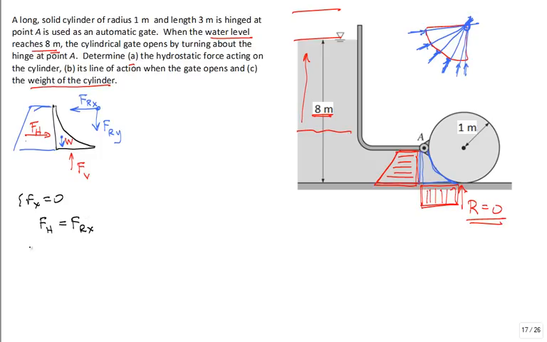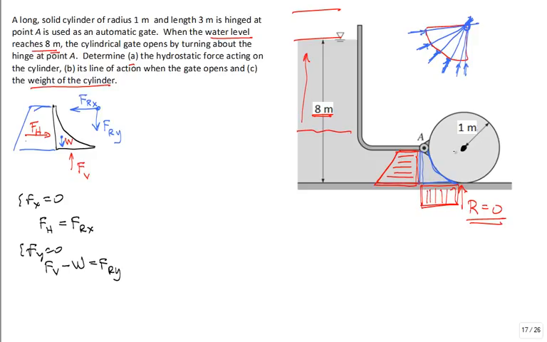Then sum of the forces in y, we know that F_V minus W is equal to F_Ry. So that's how I get the two components, F_x and F_y. I know they go through the center of that cylinder,